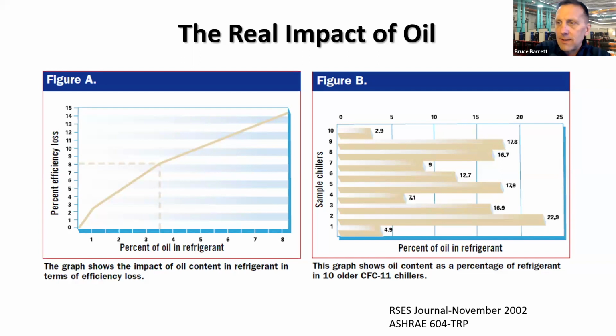How does oil get into the system? How does it accumulate? It doesn't come out of nowhere. People put it into the machine. So if your condenser is colder than your evaporator for a time, oil and refrigerant migrate to the condenser side of the machine. Your oil sump becomes dry, and the service technician has to fill it up until the sensor says, I'm full, I've got enough lubrication. You do that for 5 years, 10 years, 20 years, you've got a lot of oil in that machine.